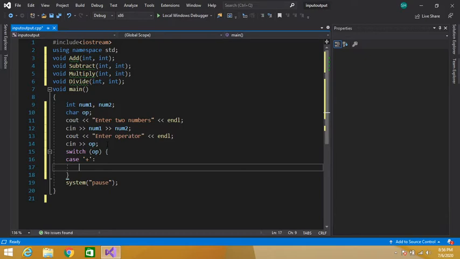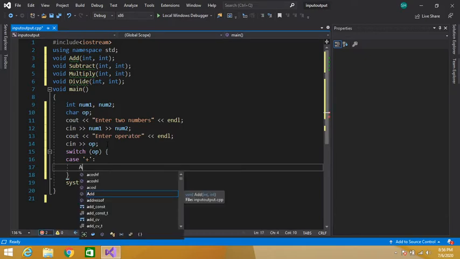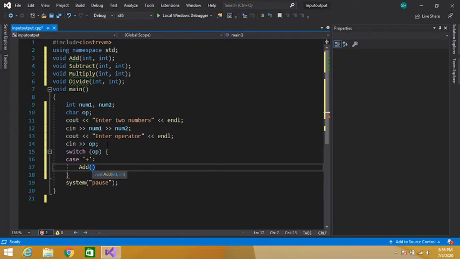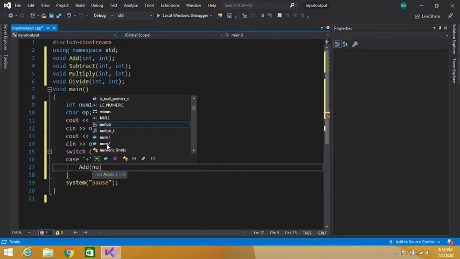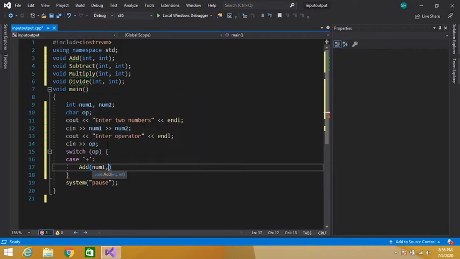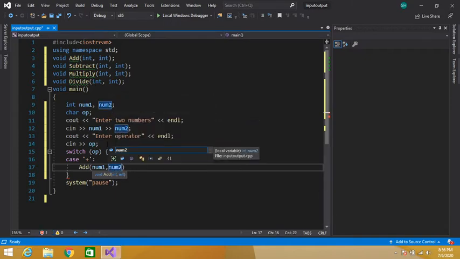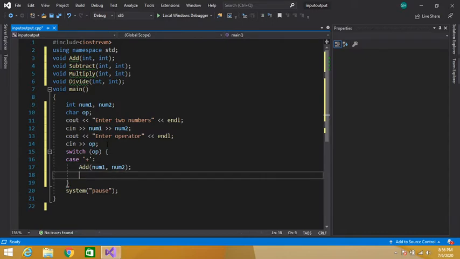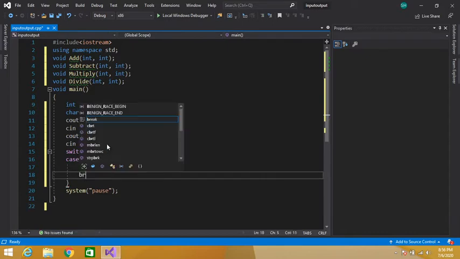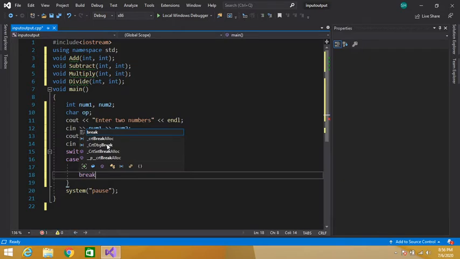So here we will call our add function and pass num1 comma num2, semicolon. Then break statement.